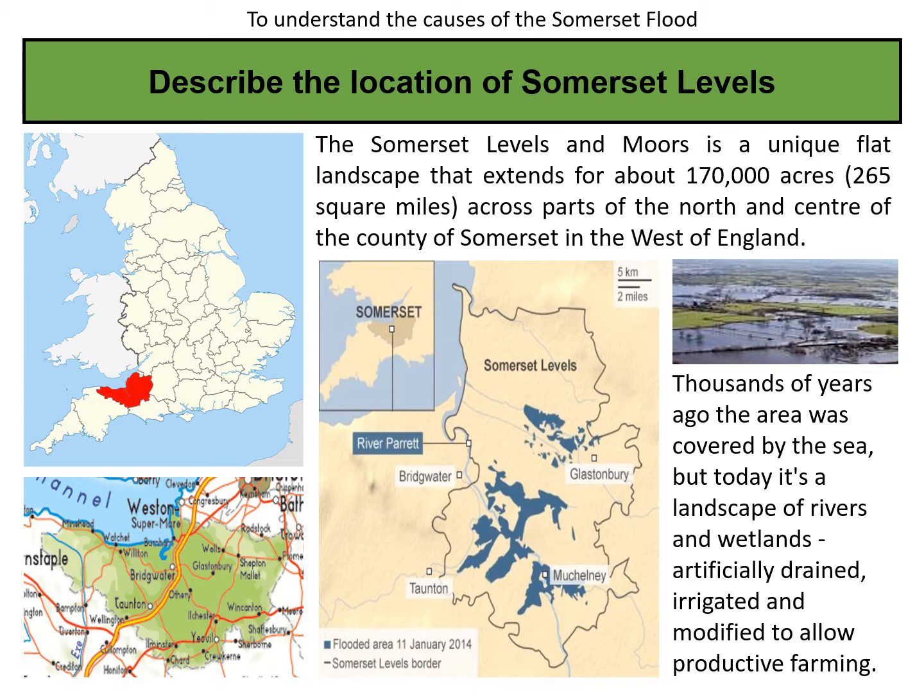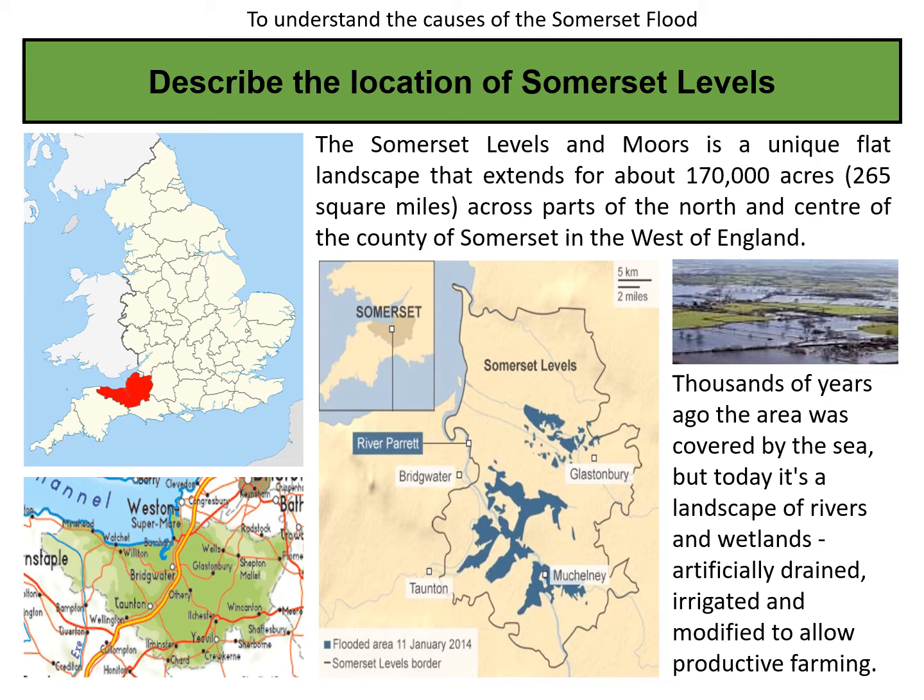Okay. So what we have here is some more information about the location. So Somerset Levels and Moors is a unique flat landscape. Now the fact that it's flat is important because we're learning about flooding. So if the relief is flat, it means that there won't be a lot of surface runoff, which is good. However, there'll be no release, so it won't move. It'll just stay stagnant there, and then the flood will be there for longer,